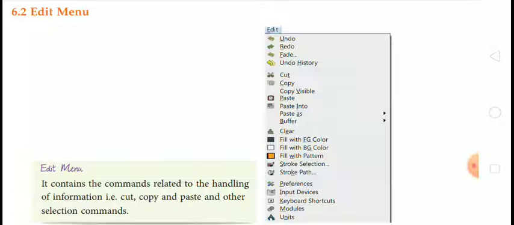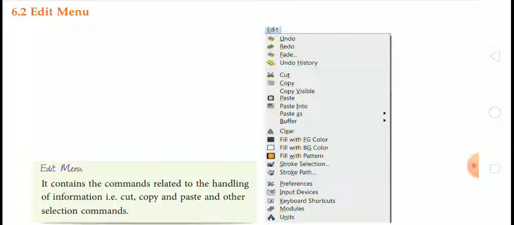When you click on edit menu, you can see the undo option, undo, then redo, then fade option, undo history. After that, cut option. If you want to cut any part of the picture or any part of the text, you can use the cut option.